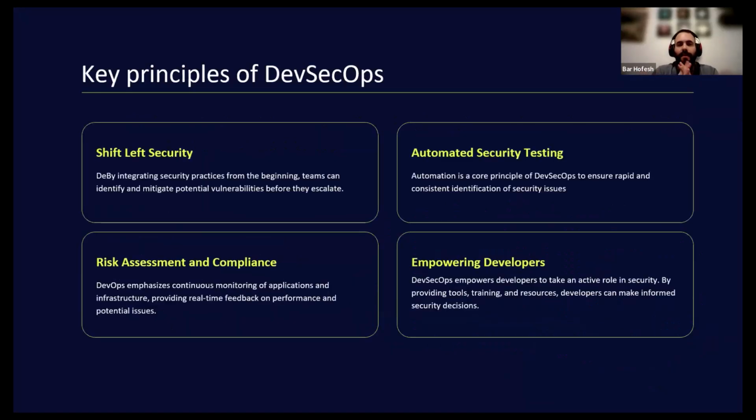So what are the key principles of DevSecOps? First is shift left security. This is something that a lot of people are talking about, but what does it actually mean? So shifting left means bringing security closer to the developer, right? Shift right, or the right side, is production. The left side is developers, right? The code. And we want to bring security as much to the left as possible because that allows us much